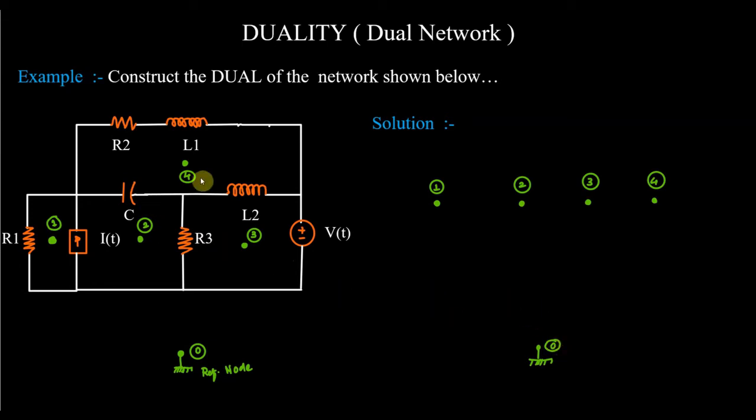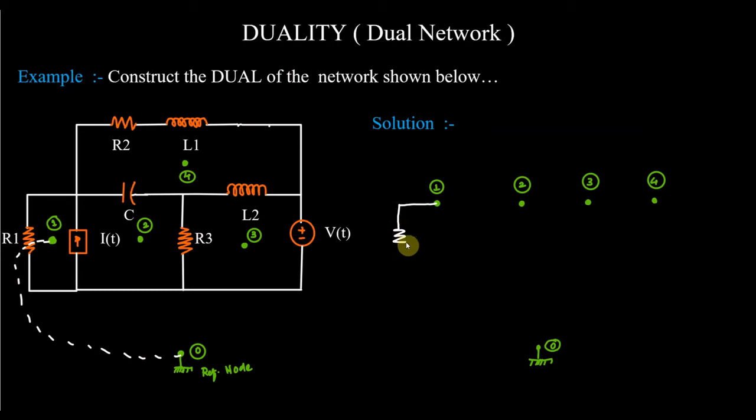Now our aim is to draw the dual network. We studied the procedure in the last lecture. We can see that in the first mesh we have this resistance, and we have to connect its dual between 1 and 0. So you first mark it with the help of this dotted line. R1 is present, which is connected between 1 and 0. And what is the dual of the resistance? The dual of the resistance is conductance. So I will simply connect it between 1 and 0. I will draw it like this.